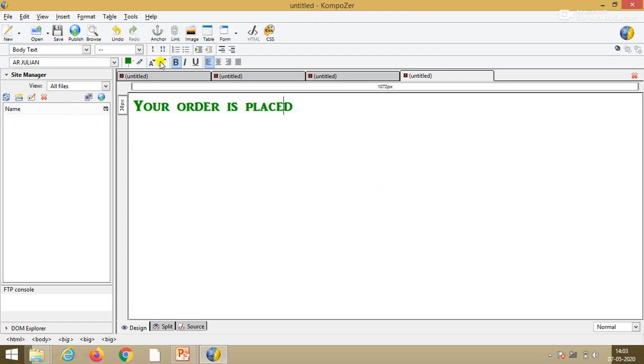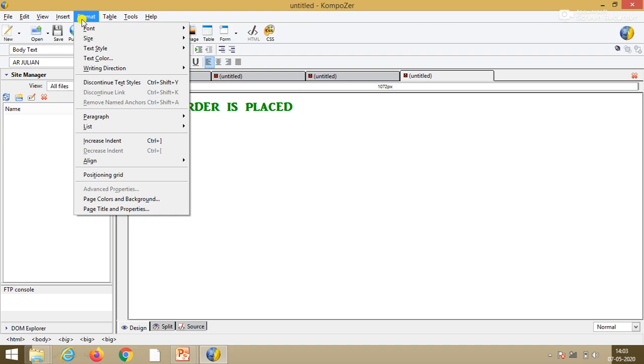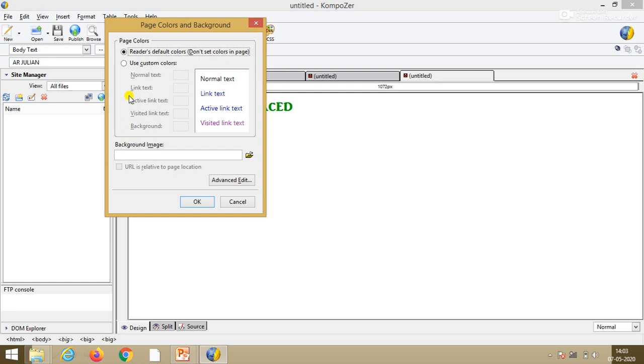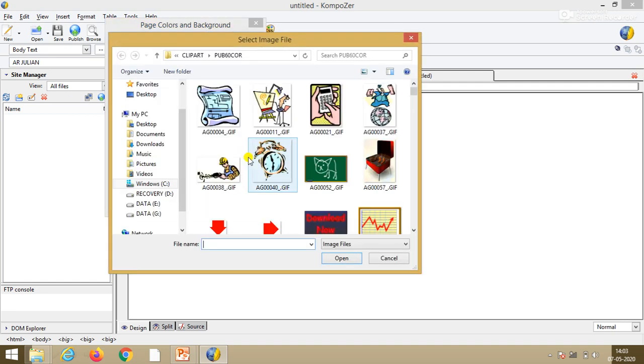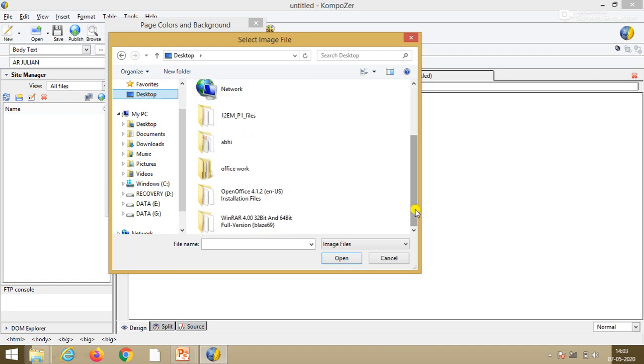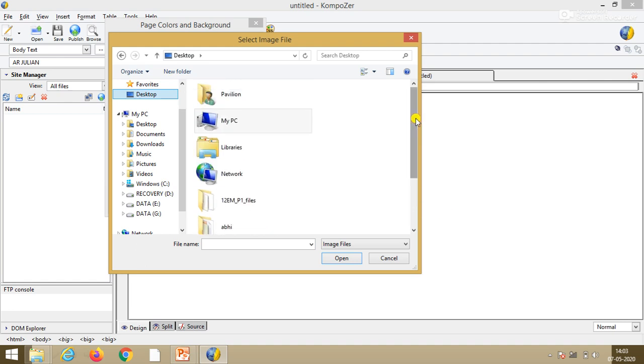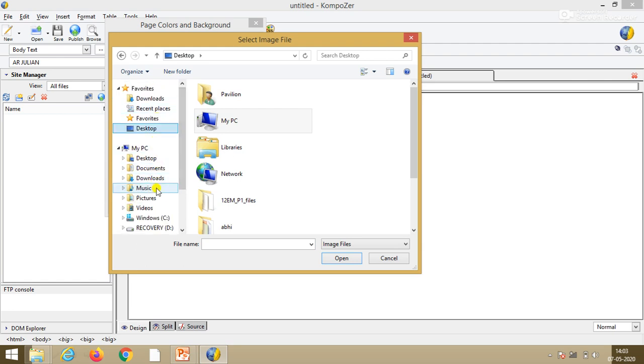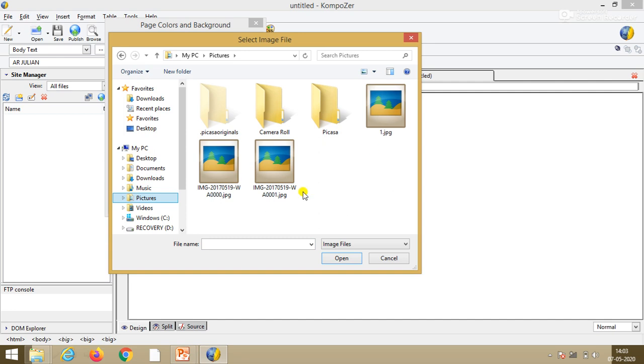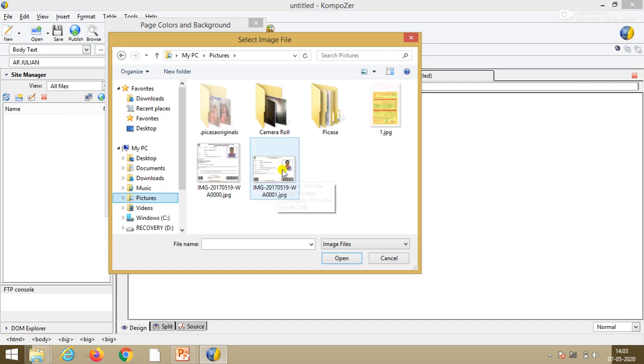Firstly we will go into the format, select the second-last option, that is page color and background. For the background image we will select the second option, background image, click on the browse button, and go into our image files which we have stored in the images folder.